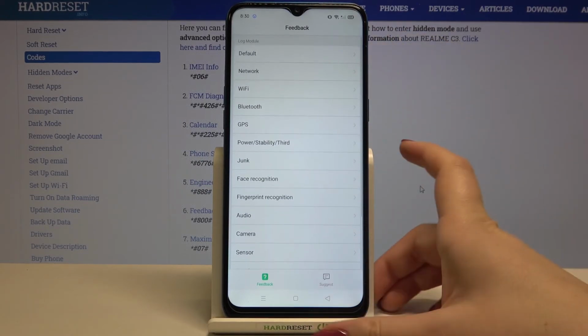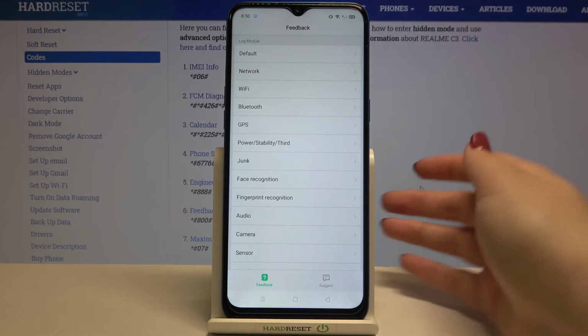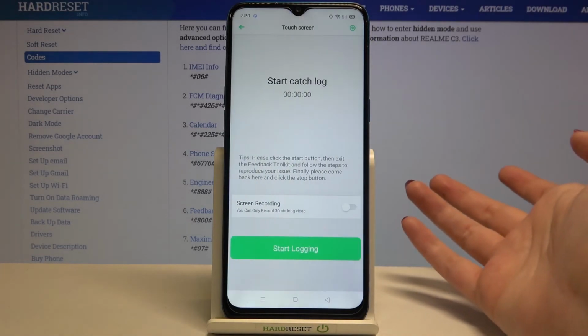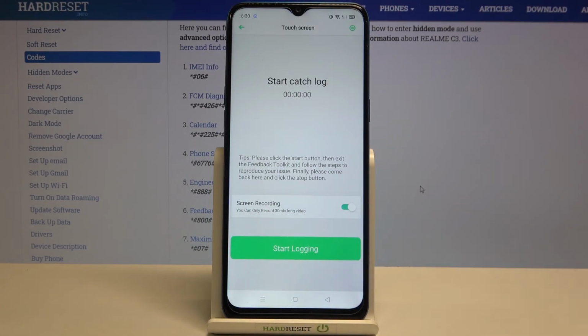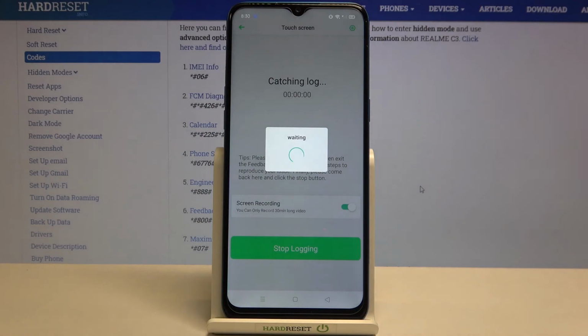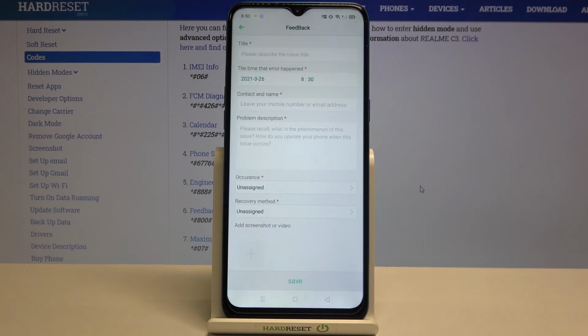We've got quite a lot of options, and you will be able to report this issue. So after tapping, for example, on the touch screen, you will be able to start recording, so your device will record videos for maximum 30 minutes long, and it will catch any problems you meet. So after tapping on start logging, you will have to wait a second. And right now your device, as you can see, is counting, so it means that it is recording the screen, and after tapping on stop logging, it will be saved, and we will be transferred to the feedback